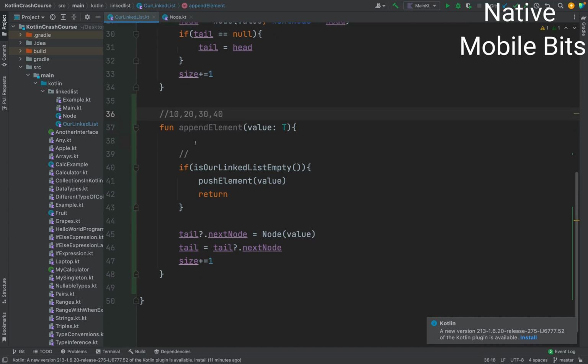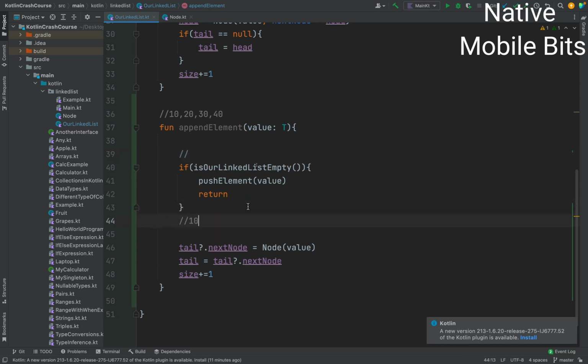Okay, then we come inside this, we check, okay, linked list is empty, then we push one element. So here our linked list became 10, and we are returning from the function. Till here our linked list is having one element, 10. When the next element is appended, we come here and check, is our linked list empty? No, our linked list is having one element which is 10, and this is the head, this is the tail